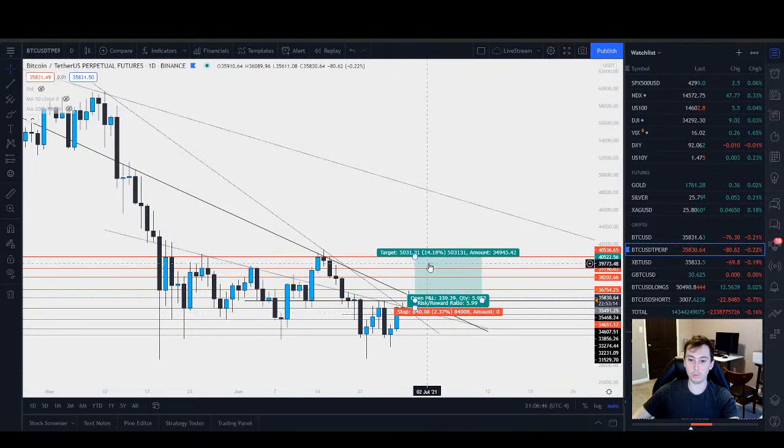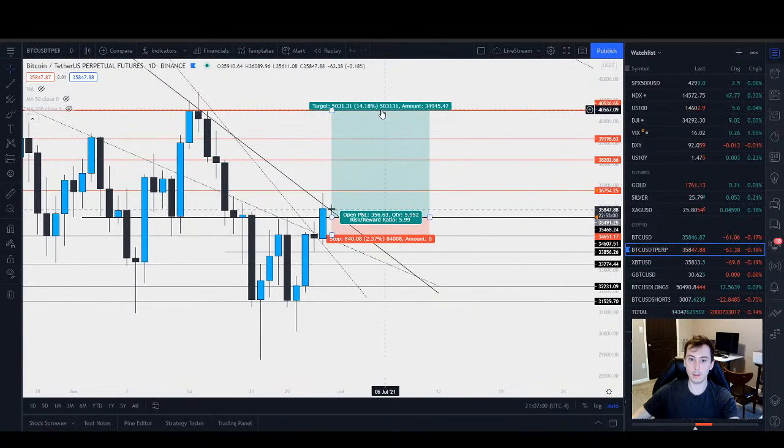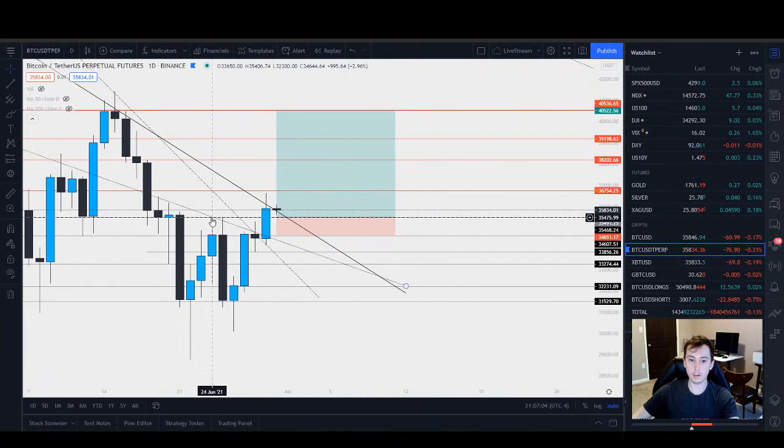I think that if we do test it in the coming days, or if we do come up to it, we're going to test it, probably bounce off of it, and then maybe rebound out. So if I were trading this setup, I would be looking to enter here and exit up here. And I could have made that trade on the breakout. I didn't, and I'm still not going to make this trade, but now that we have a confirmed breakout, I think